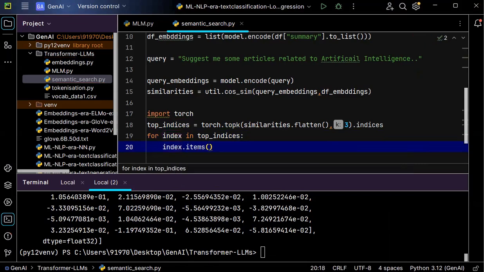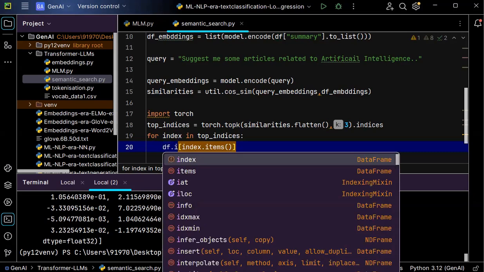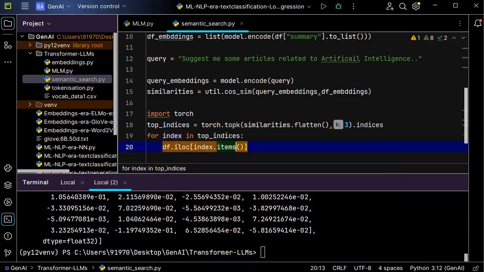What I want is just a summary, so in my data frame I want to use dataframe.iloc, the item location of this item. And in this also, I'm just picking the summary and the top 200 words, and just printing that